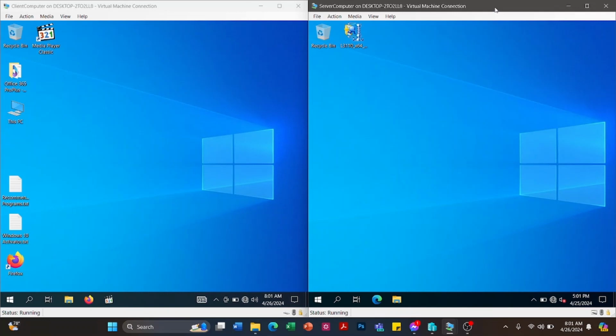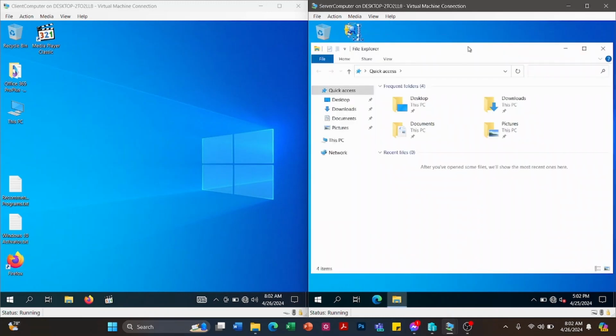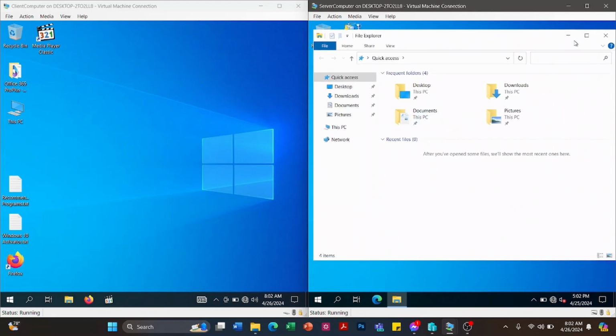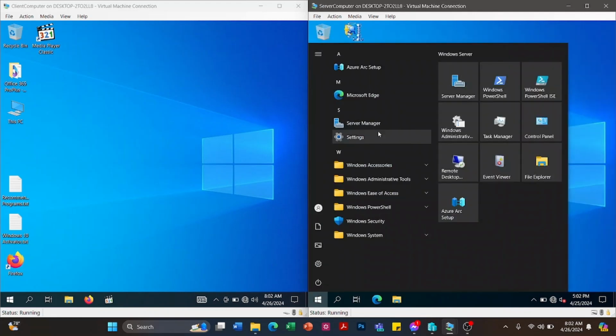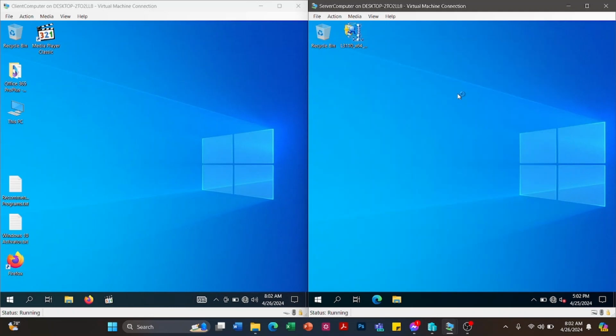the same domain. So the first thing to do is install and configure Active Directory Domain Services and the DNS server. So we have to go to the Server Manager.